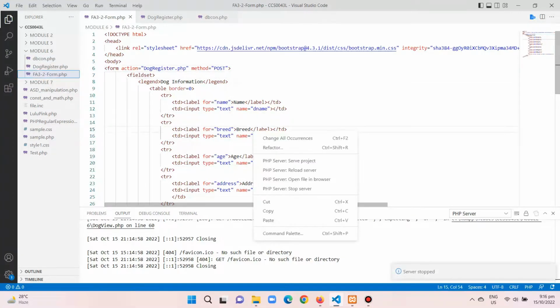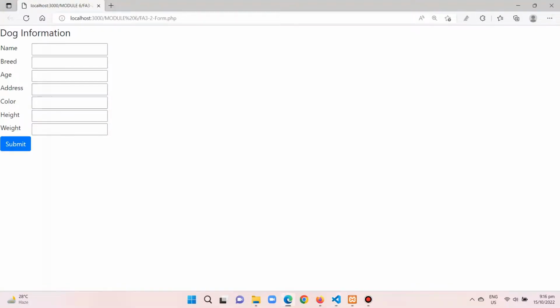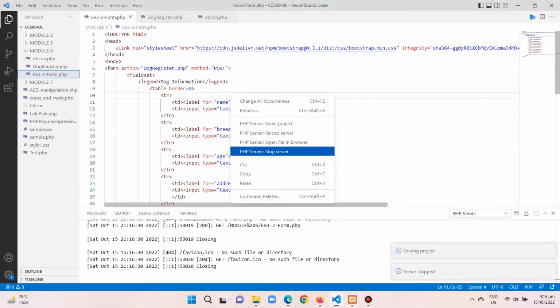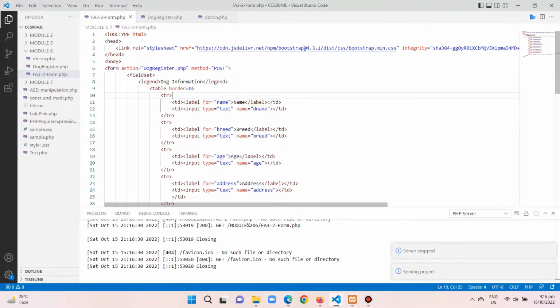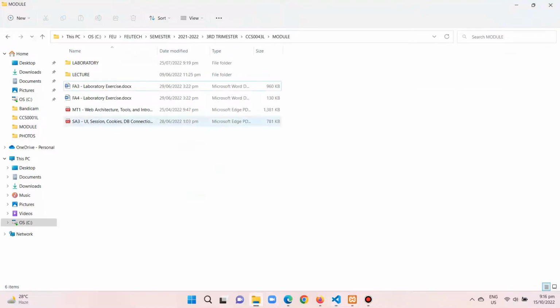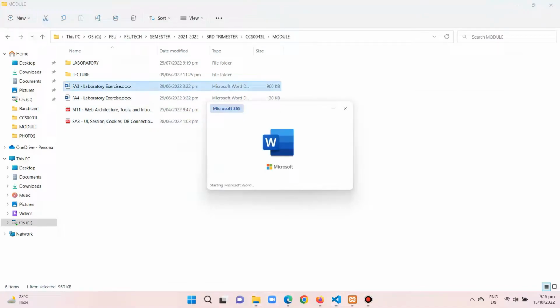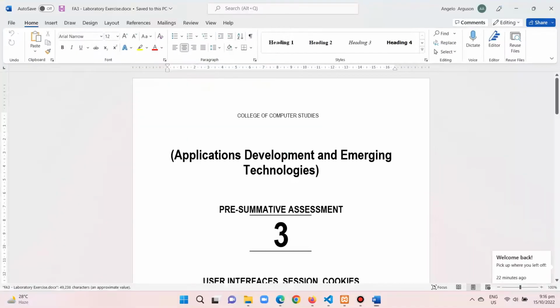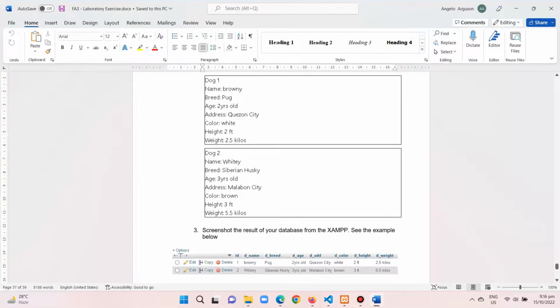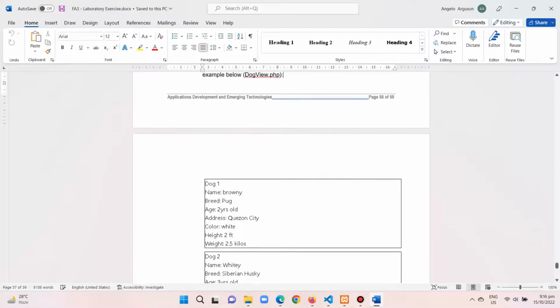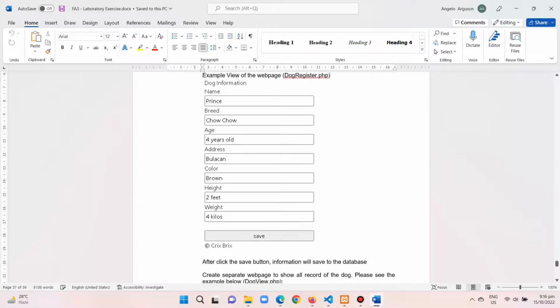So now we are ready to try it out. As you can see, it looks good now with our Bootstrap being applied. Okay, so we need to stop this first, and then we are ready to create a new file. If we go back to this file, you would be able to see that we were told to create a file, namely